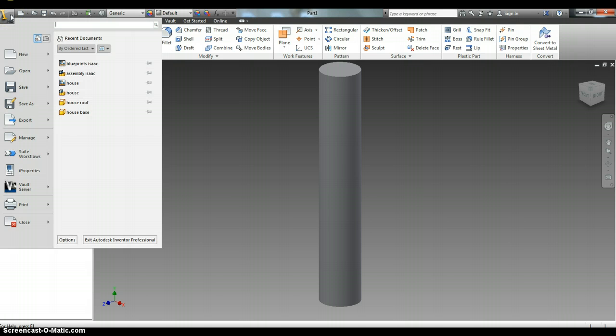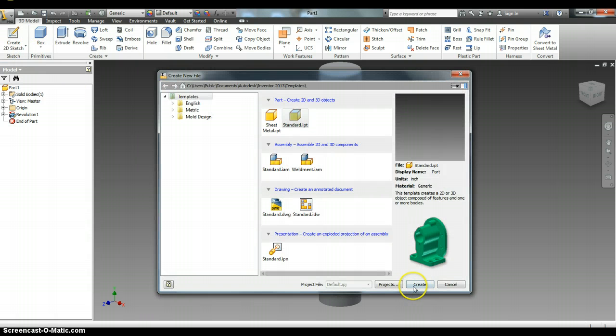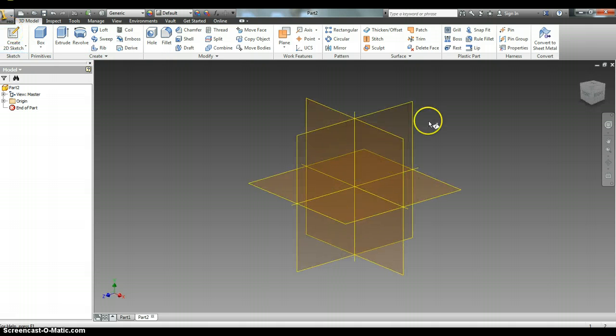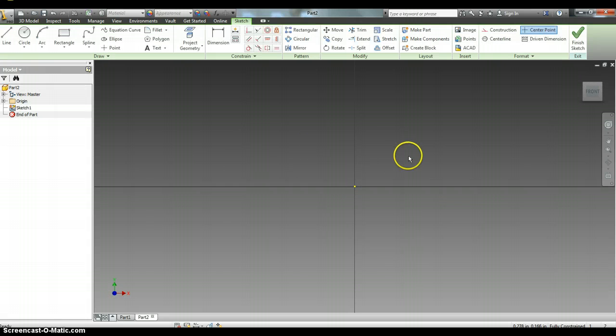Now I need the top of my rocket. For a lot of you guys, you're going to have some sort of a pointed top. So we'll need a separate file. This time I'm going to create a cone shape. To do that, I actually am not going to use